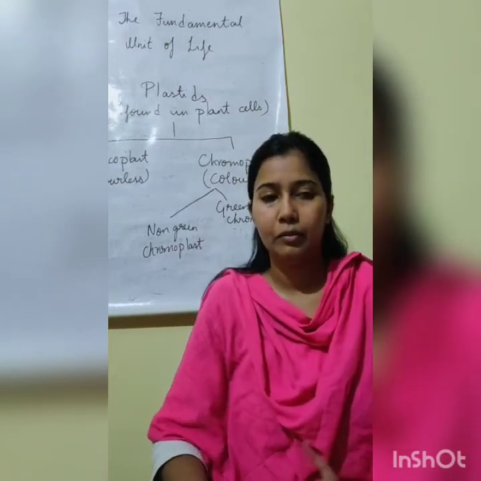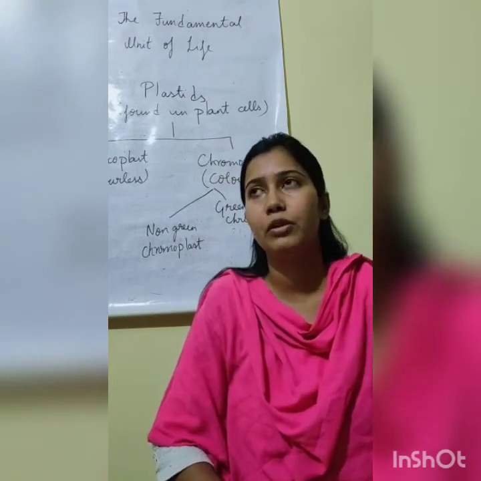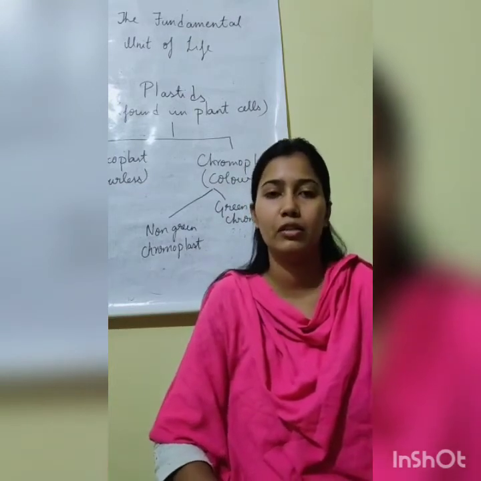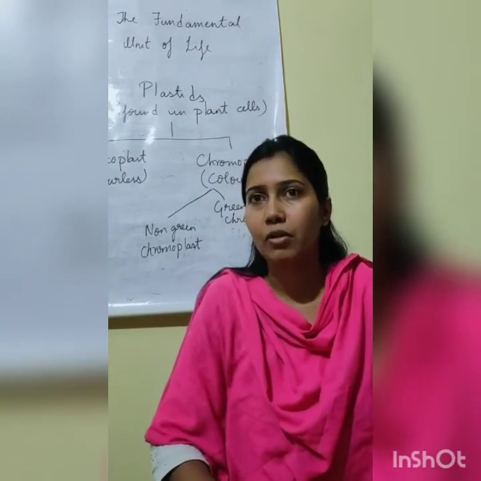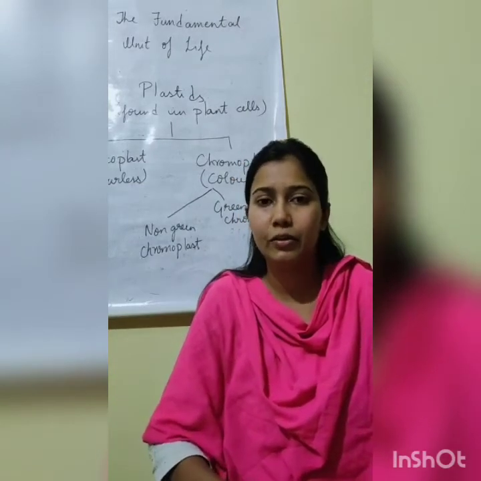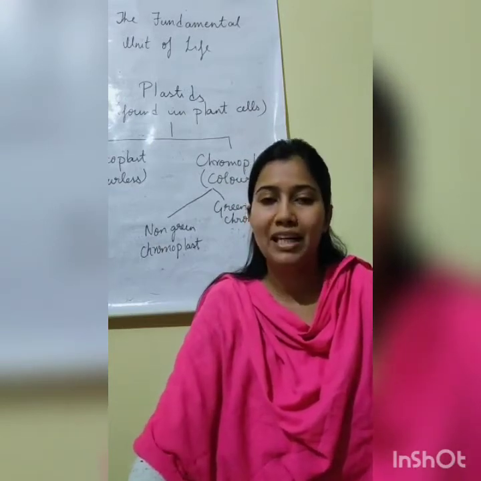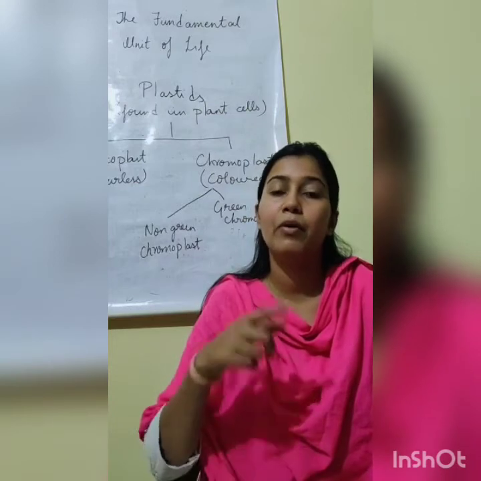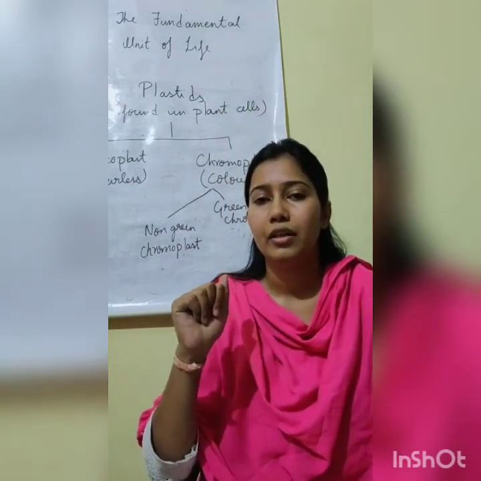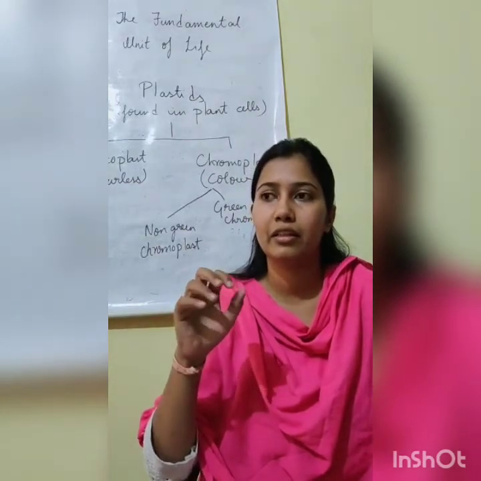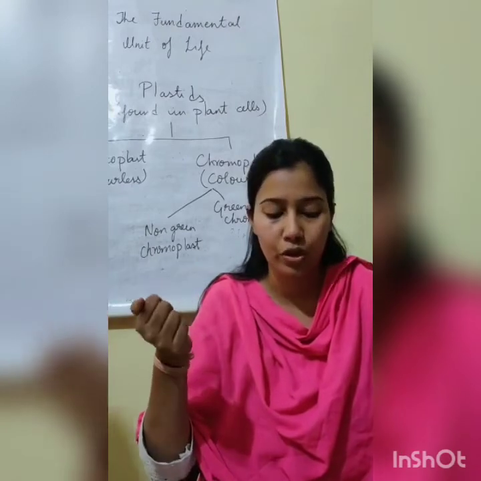Now children, first we have read about the mitochondria, after that you have read about the plastids. Now coming to our next topic, vacuoles. So what are vacuoles? Vacuoles are single layered membrane bounded sac-like vesicles. What are vesicles? Vesicles are sac-like structures, like bags in which many different things are stored.